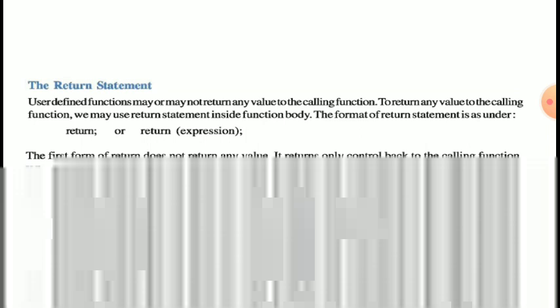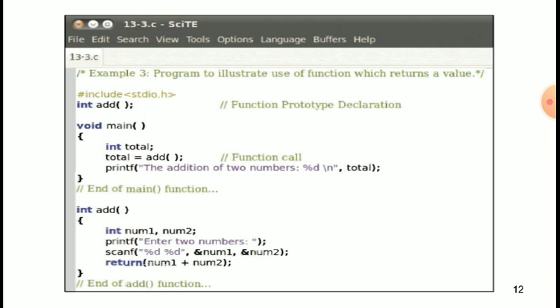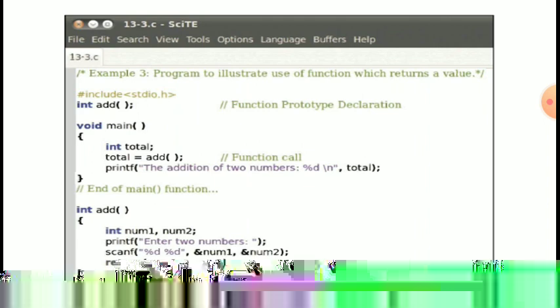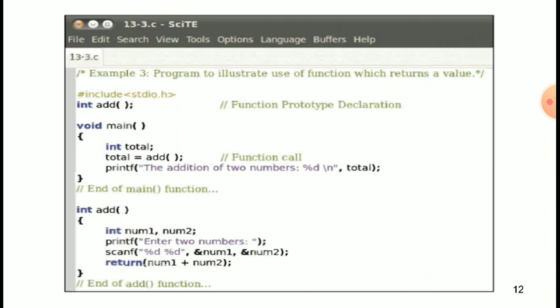So this example is a program to illustrate the use of a function which returns a value. Here we include stdio.h, int add function prototype declaration, void main, starting curly brackets, int total equals add function call, printf "the addition of two numbers %d\n" and then total, end of the curly brackets, end of main function.